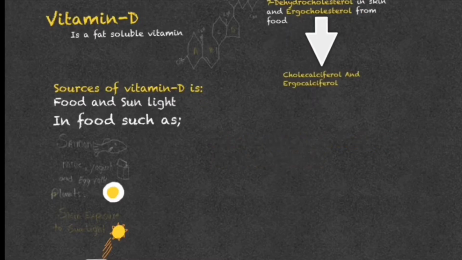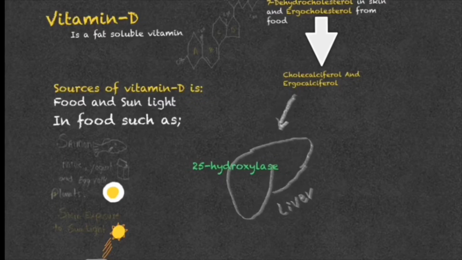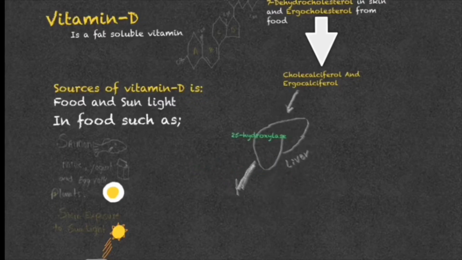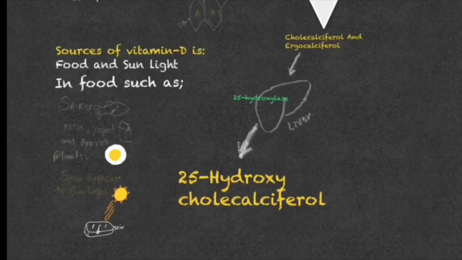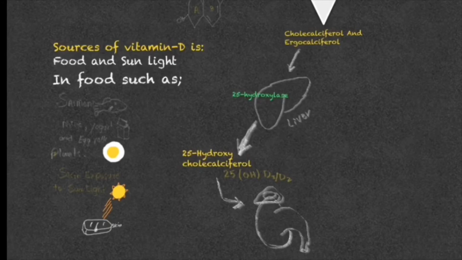ergocalciferol, which is then taken to the liver, where there is an enzyme called 25-hydroxylase, which converts cholecalciferol and ergocalciferol into 25-hydroxycholecalciferol. And then 25-hydroxycholecalciferol is converted in the kidney by another enzyme called 1-alpha-hydroxylase into